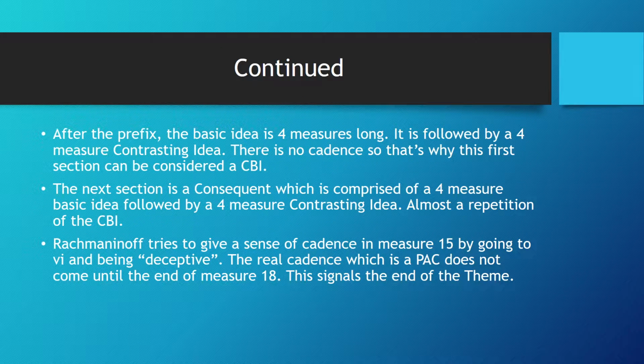Okay, so then after the prefix, we're going to look at the phrase structure of this. After the prefix, there's a basic idea that is four measures long. It consists of the main motive and then a little different version of the motive. Then there's a four measure contrasting idea, which is kind of like the basic idea, just a little different. Instead of starting with that first half note F, you start on a half note G,